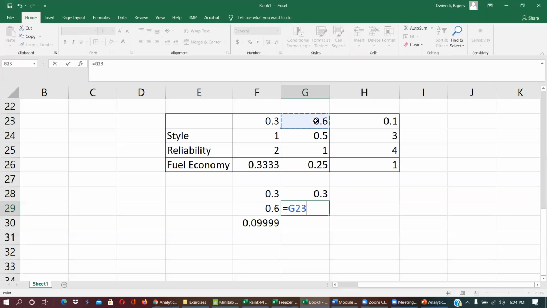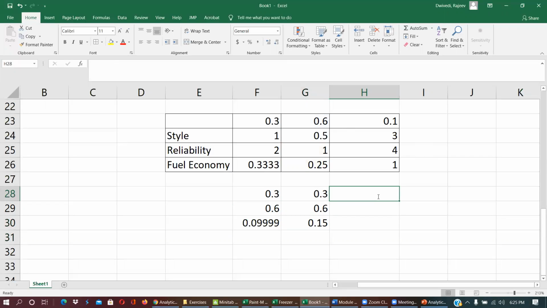Then this multiplied with this. Then this multiplied with 0.25. Similarly, we do for this, this multiply. And then